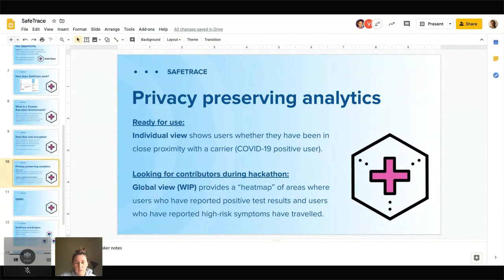In the long run, if these views aren't meeting the needs of public health officials or researchers, it's possible to redeploy with new backend analysis without rebuilding everything from the ground up.